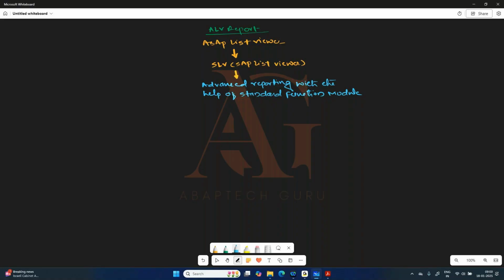Now in this topic, we are using some standard function modules provided by SAP to fulfill the requirement and generate the report. Whatever report you generate using these standard function modules will be part of the ALV function modules. Whenever you achieve the output using ALV function modules, you will get many advanced features by default without writing any extra lines of code. And those two function modules are